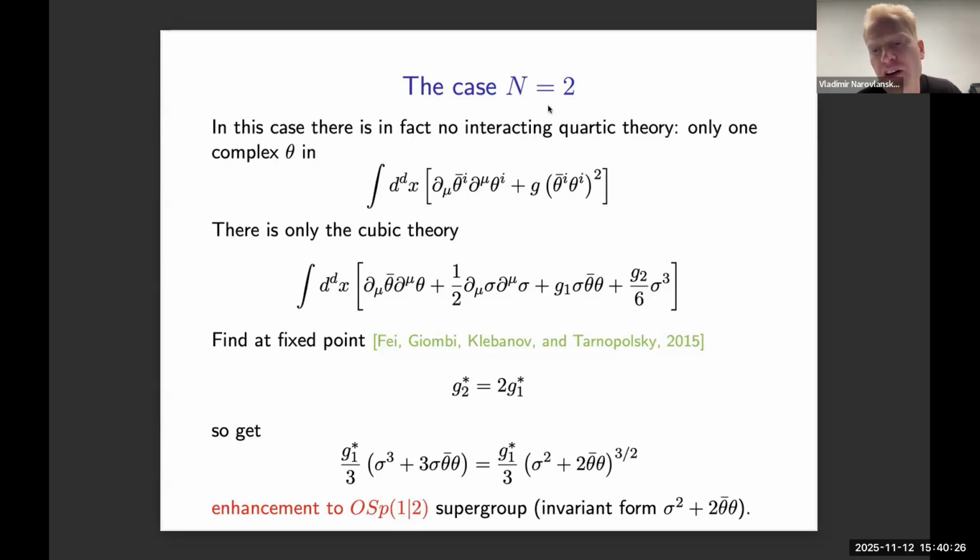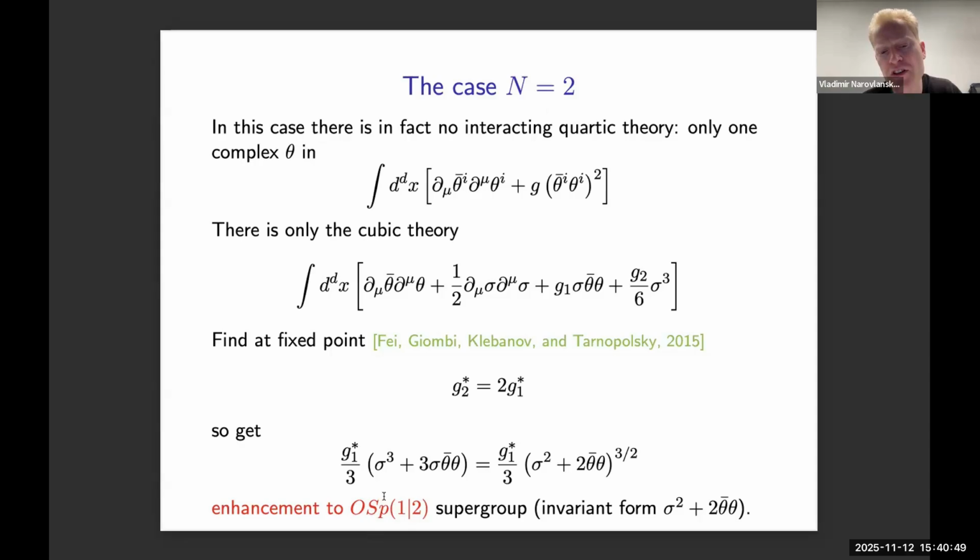It's just that it becomes very hard to solve because there is no weakly coupled description. Indeed. I see. And so in n equals 2, you're saying it's very special because one doesn't exist, but the cubic theory, it's still going to get something, right? Exactly. The cubic theory does exist, and in fact, it's just another description of, as I'll say in a moment,